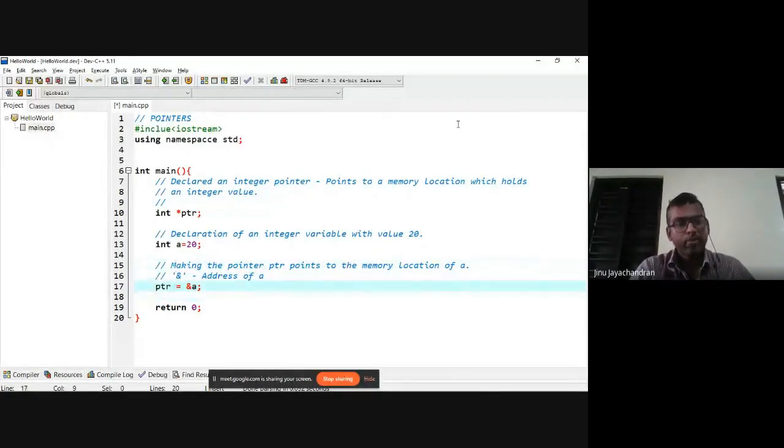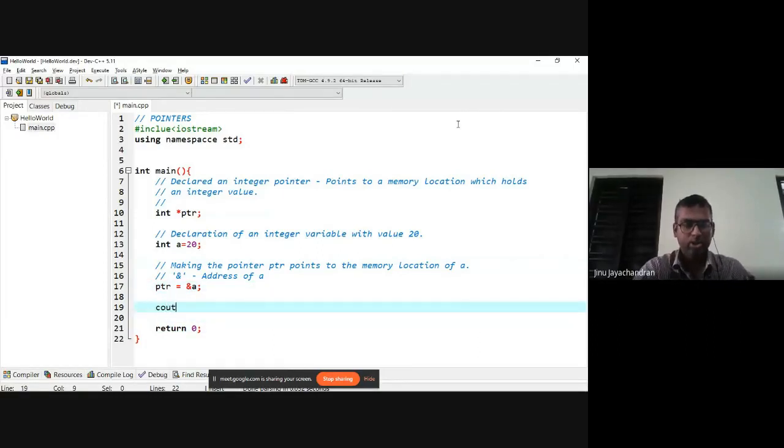Now let's print out what all these things are. I'm going to print first, with cout, the value of a. Or let's say I start with the address of a. If you want to print the address of a, you say ampersand a.